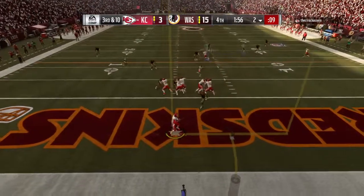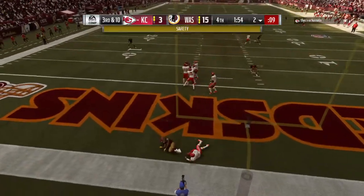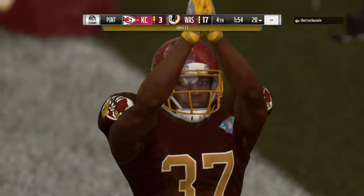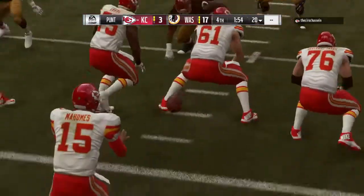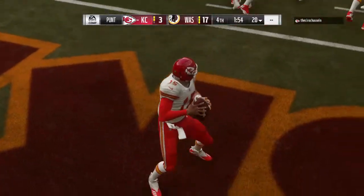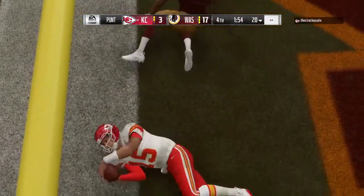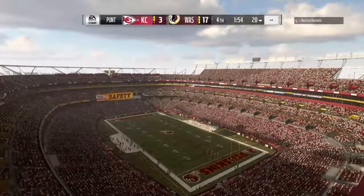Back to throw now in his own end zone. And Mahomes is going to go down in the end zone, and that is going to be a safety. So that's a double whammy. Not only do you have to give away the football, but the 2 points mean this is now a 2-score game. And 2 doesn't seem like much, does it? But it means everything in this back, and ultimately